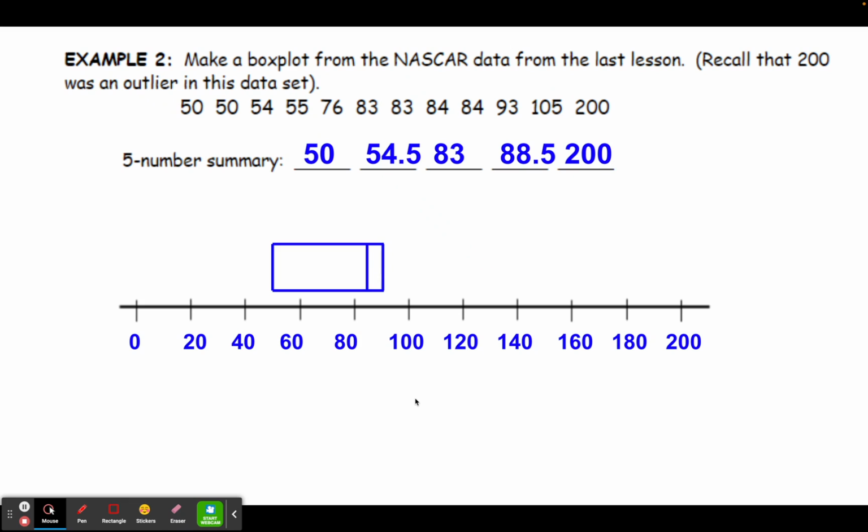So notice this is an example of one where the median is close to Q3, and the data is a little bit more spread out on the left-hand side. Now, the leftmost whisker is going to go down to 50, so it's going to be very short. On the upper end, we have an outlier at 200,